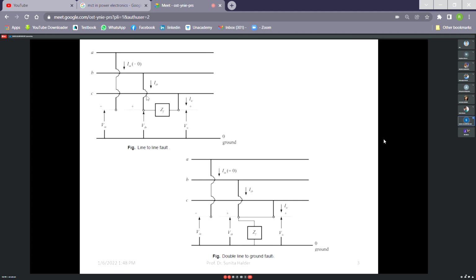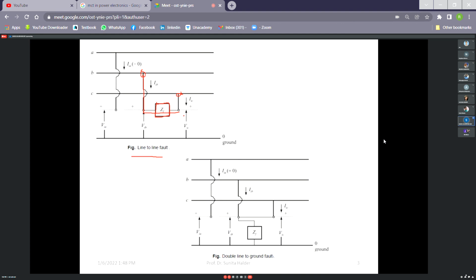Similarly, when 2 phases, say this is B phase and this is C phase, get shorted through an impedance. Why impedance? This impedance ideally may be 0, but short circuit means some insulation has melted, or some air may have broken down. How that will happen, we do not know. If there is breakdown in air or insulation is melted, it may happen that it does not melt 100%. So that is represented by an impedance. So two lines are shorted. This is called a line to line fault.